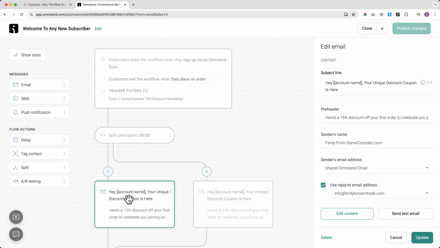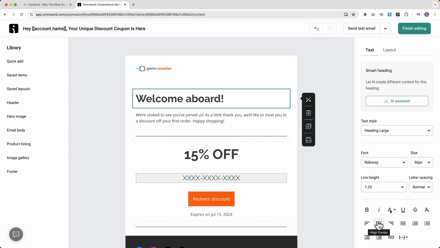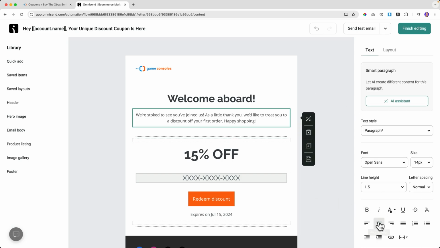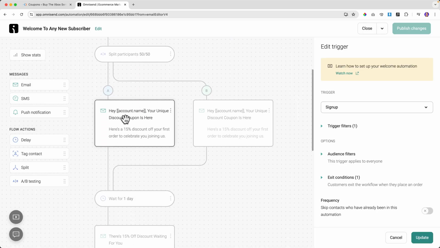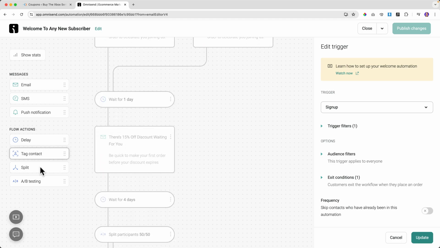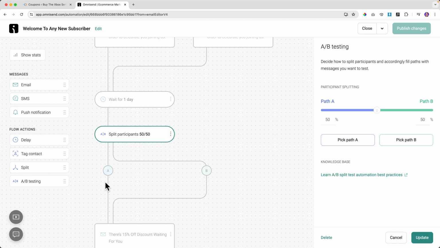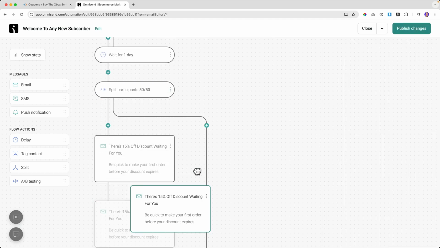So also the first one, edit. In the center and in the center. So now, when people receive their first email, 50% gets this one, 50% gets this one. Then we wait for 1 day, then there's the second one. So what I would do, again, split testing. Drag this one at A, this one at B.